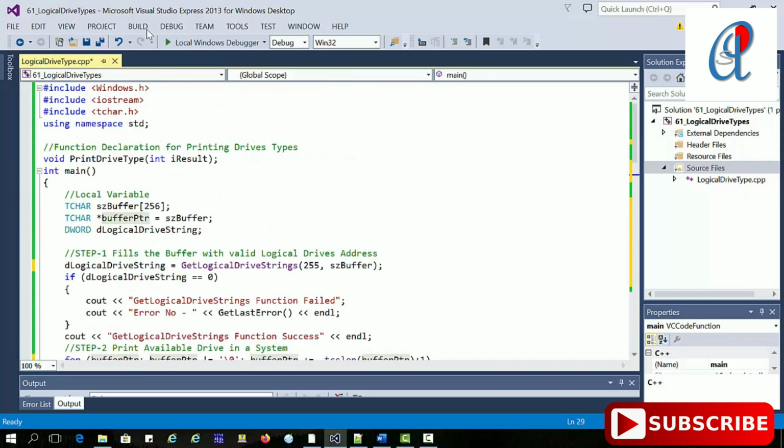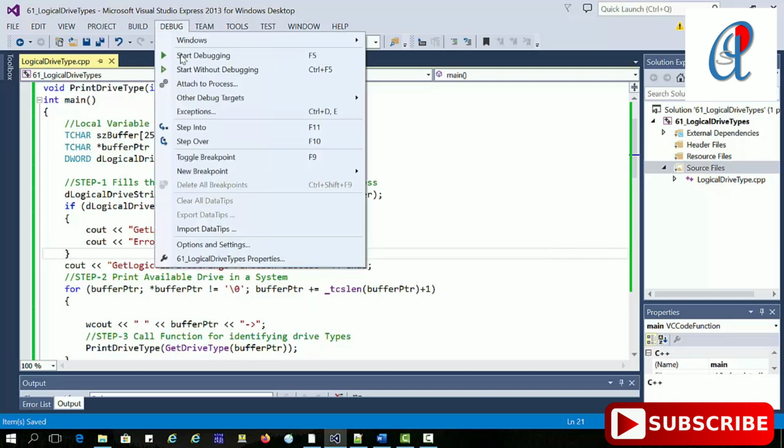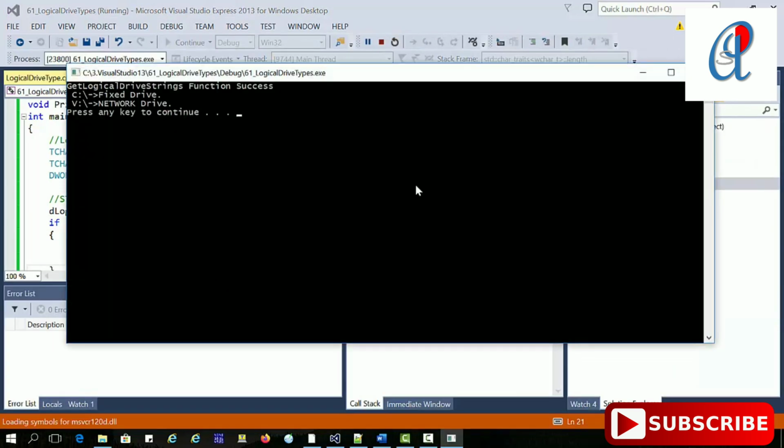So now it's time to compile this code. So here we have to pass this pointer, just write it, otherwise it will give a compilation error, a runtime exception error. Now in my system there is only a fixed drive, that is called C, and V is the network drive.